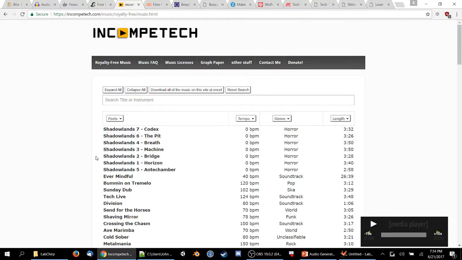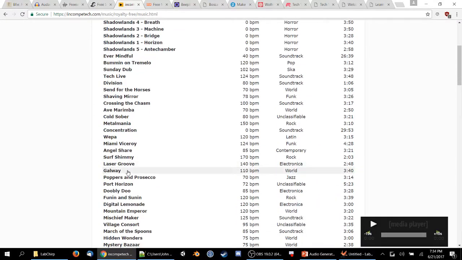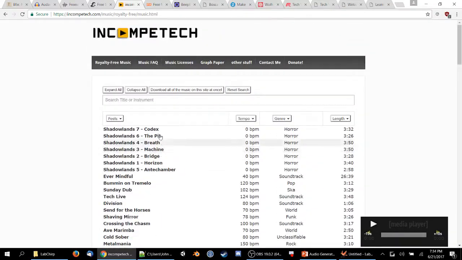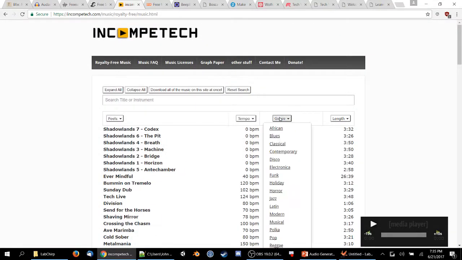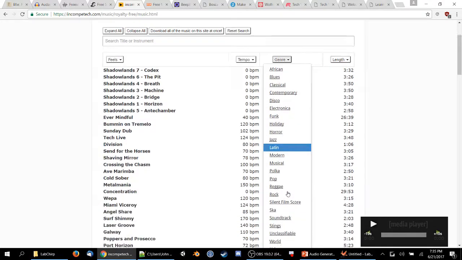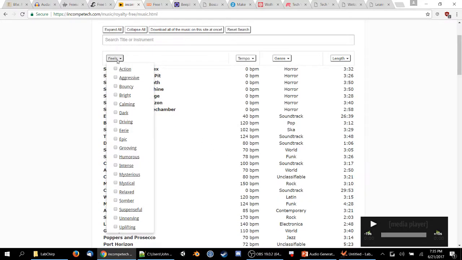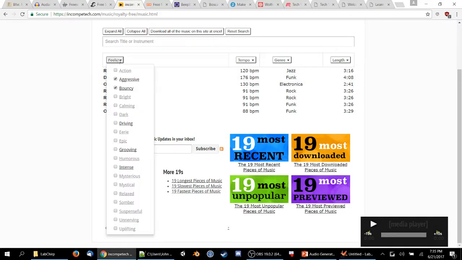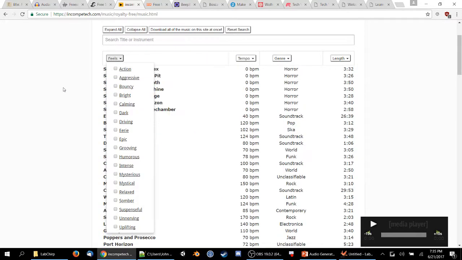Yes, for looking through here, they've got quite a variety of music you can pick from. If you want particular genres, or have particular feels in mind, you can pick action and aggressive. You can go aggressive and bouncy, and you will have a selection of music that may or may not fit what you're looking for.